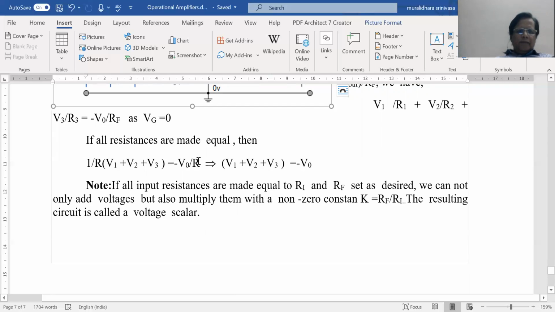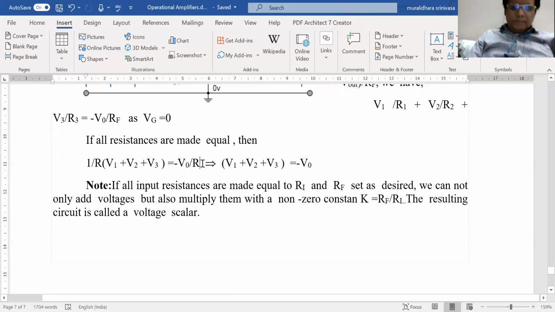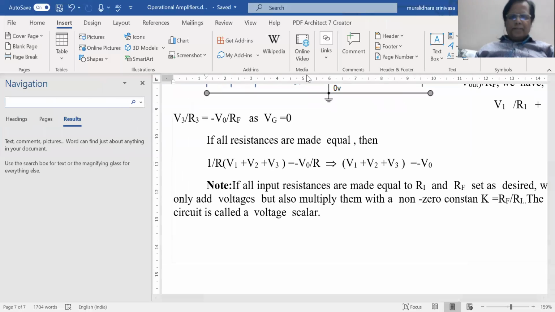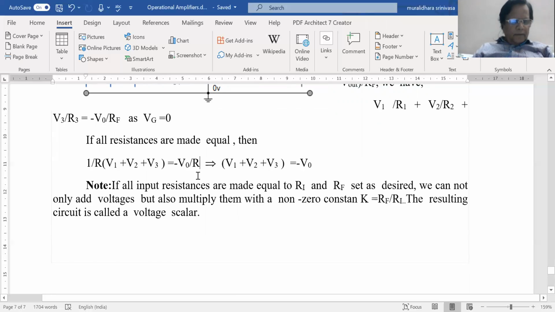On the other hand, if you keep this output resistance as something other than R, keep it as RF, and suppose RF is greater than R, say in a ratio of 1:2, then what happens to this voltage? This sum not only becomes the sum, but it also gets multiplied by a non-zero constant. One minute. If I write this as RF,